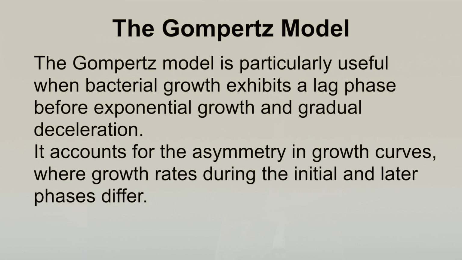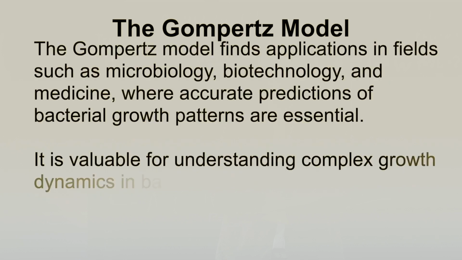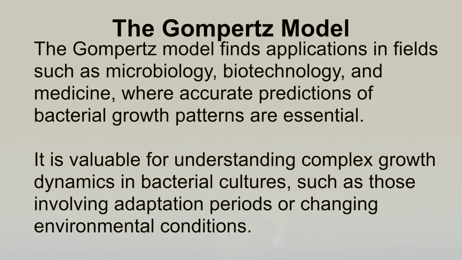The Gompertz model finds application in fields such as microbiology, biotechnology and medicine, where accurate predictions of bacterial growth patterns are essential. It is valuable for understanding complex growth dynamics in bacterial culture, such as those involving adaptation periods or